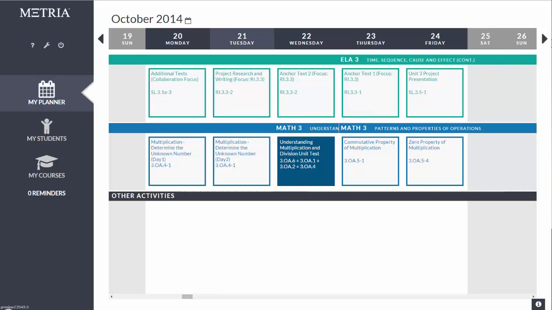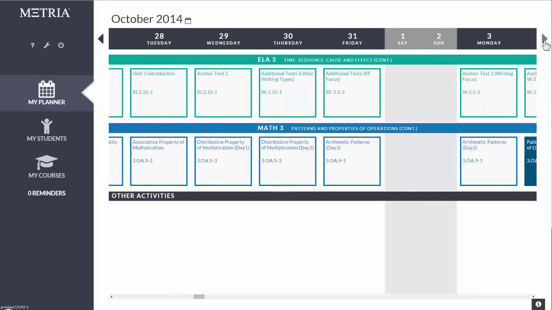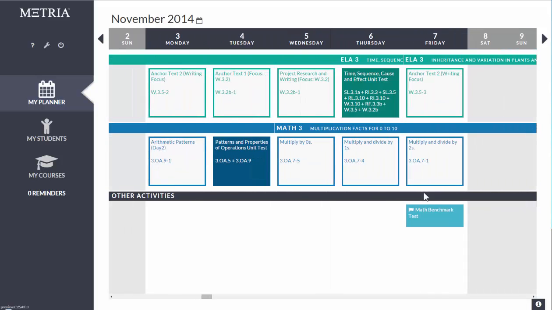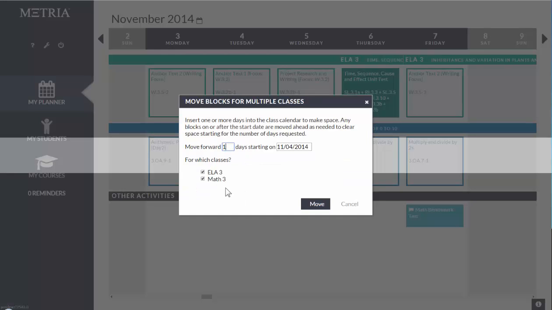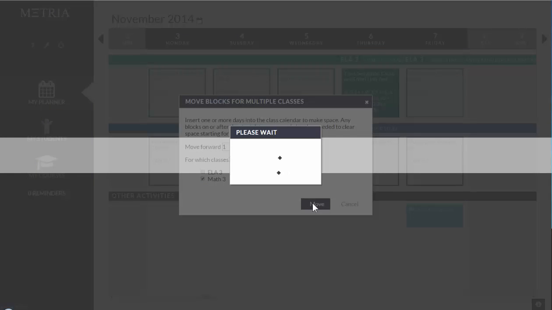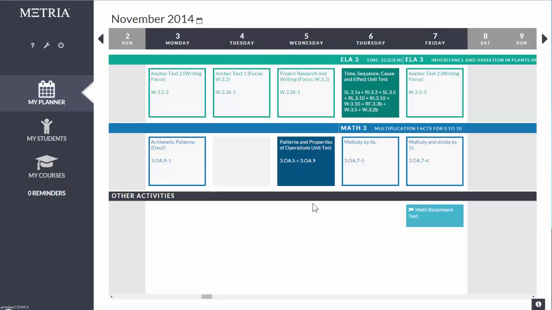When I look through my calendar, I can see that I've got a little time at the end of this unit before the Math Benchmark test. I'd like to create a little space for instruction before the tests, so I just right-click, select Move All Lessons for this day, and I just want to move my math lessons, not my language arts lessons, so I'll unselect that and select Move, and now the Master Teacher Edition pushes out my entire plan, giving me that day I